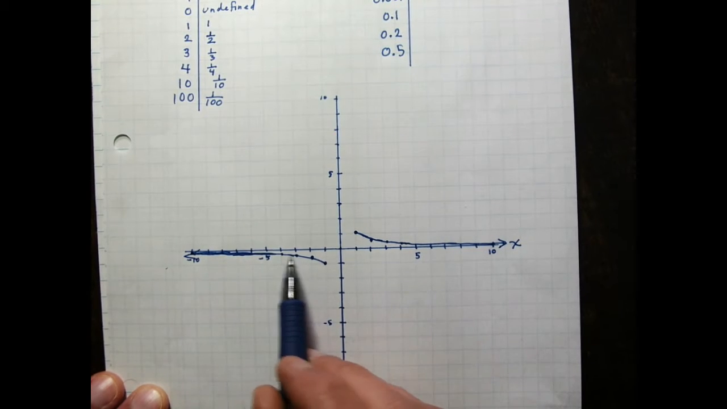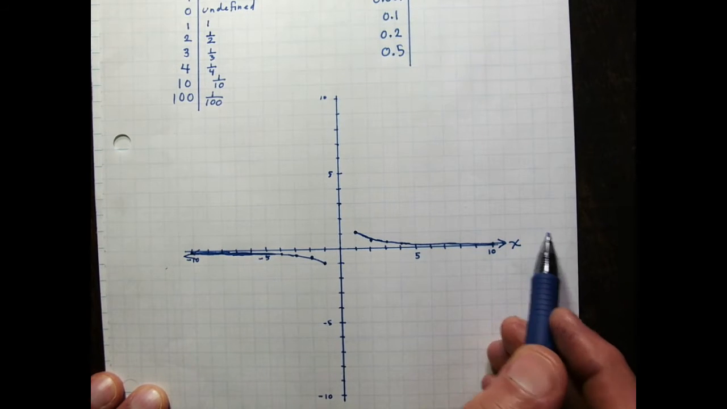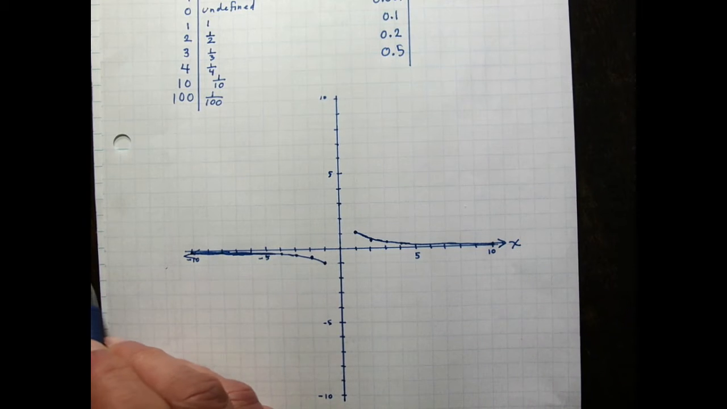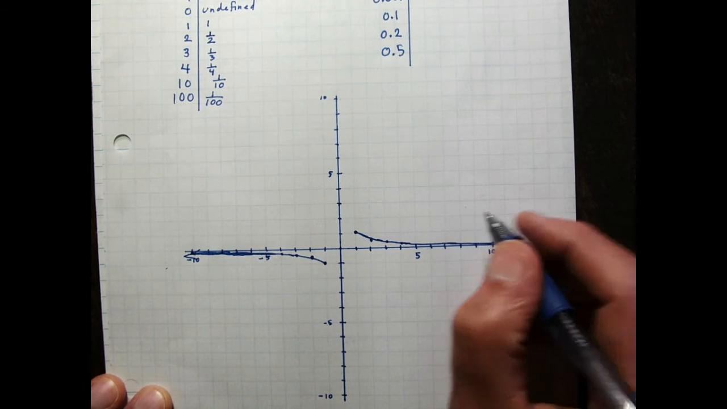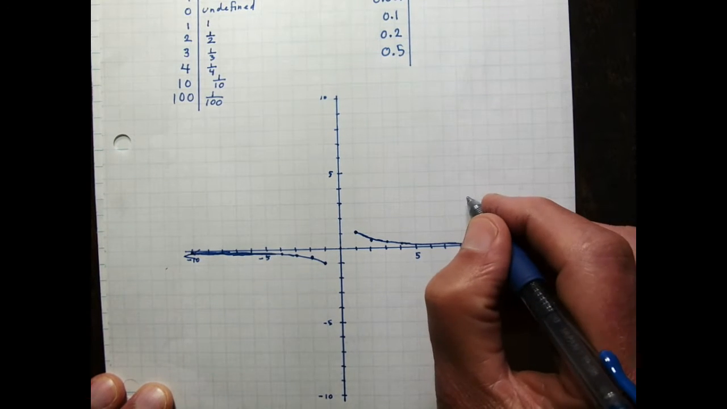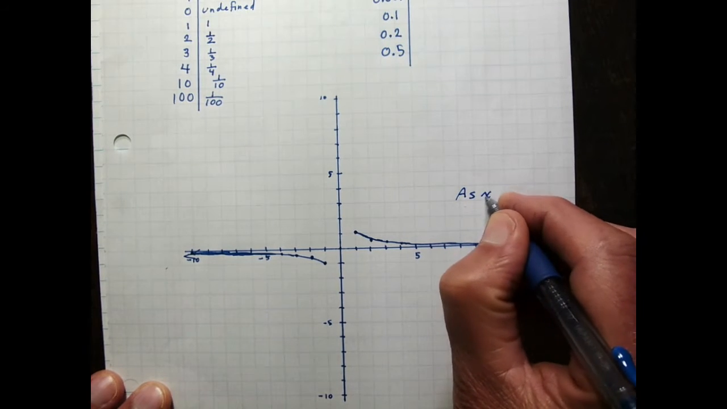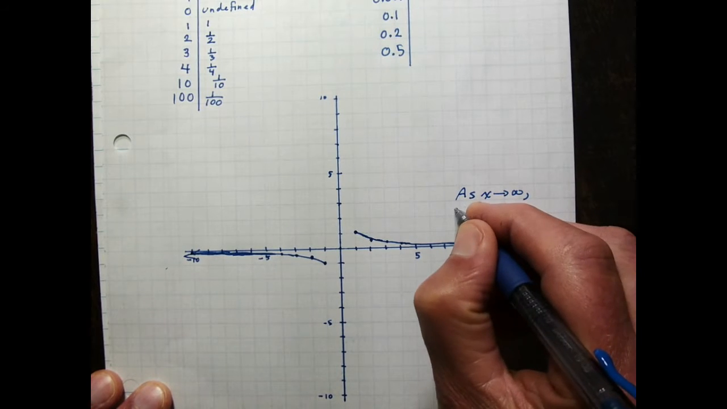Now, I think you can see that when x is very, very large, like 100, I'm even closer to the x-axis. And when x is very, very negative, like negative 100, I'm closer to the x-axis. We can go ahead and analyze the end behavior already of this function. And we're going to use that same notation we used with polynomial functions. We can say as x approaches infinity for this function,